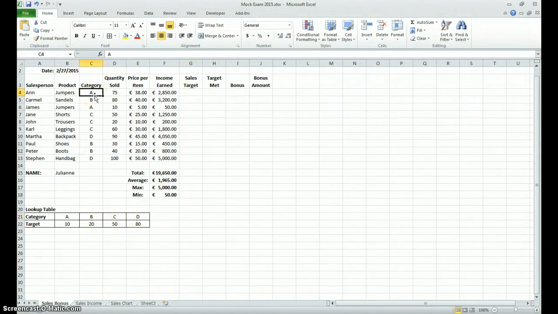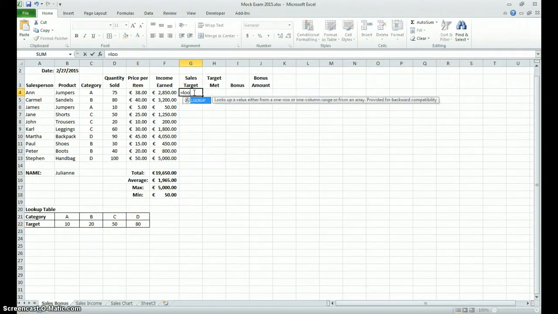If it's an A, then put 10 here. If it's a B, then put 20 here. And it knows to put 10 for A, 20 for B, 50 for C and 80 for D, because the lookup table tells it what each value A is worth, B is worth, C is worth and D is worth. So a simple lookup, it is equals lookup,